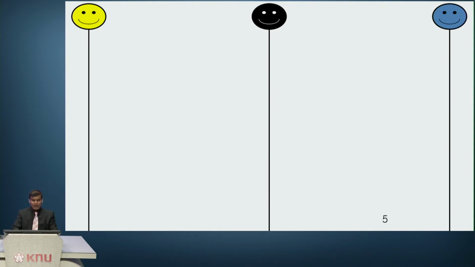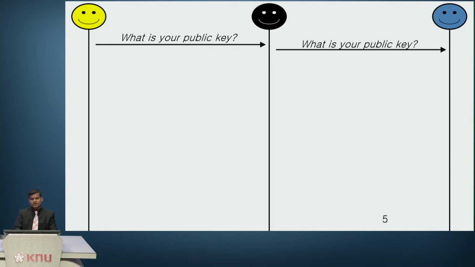Now here comes the black guy. Don't be wrong with calling him the black; in fact, the color given here is the black one. So there are three persons: the yellow, black, and the blue one. So the yellow person sends the key. In fact, he wants to send it to the blue person, but the man in the middle receives this key and he sends his key to the blue guy,